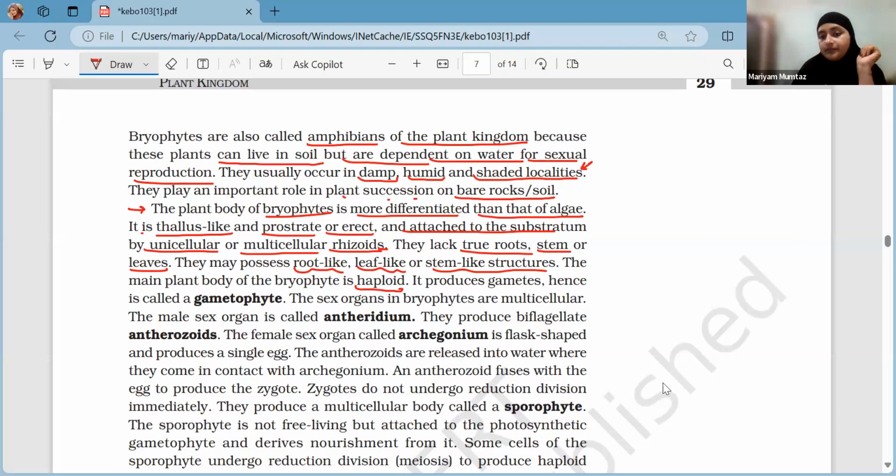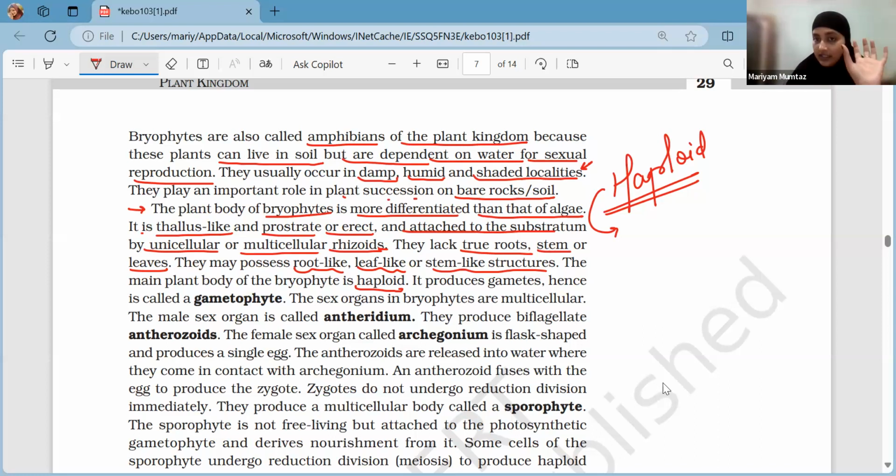What is the meaning of haploid? You can give any rough idea that is there in your mind. I will teach you, but I just want to know how much you know about haploid. 23 chromosomes, not pairs. See, not only 23, it can be any number. 23 you are saying with respect to humans, right? But it can be any number.